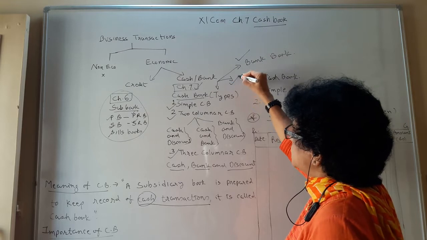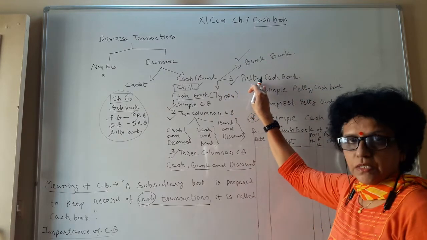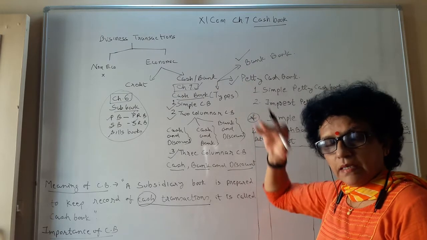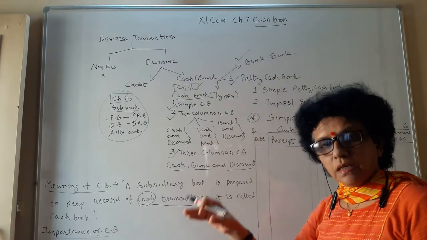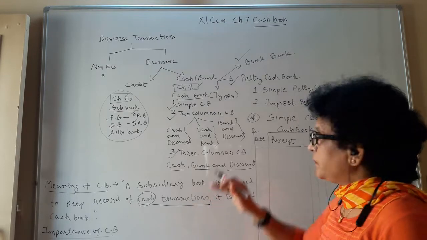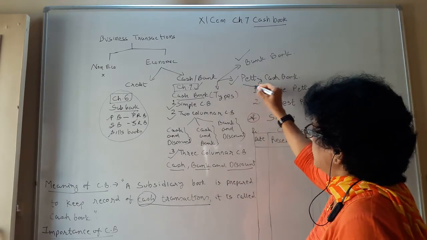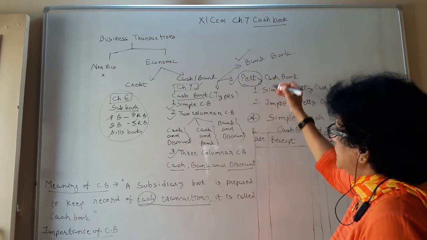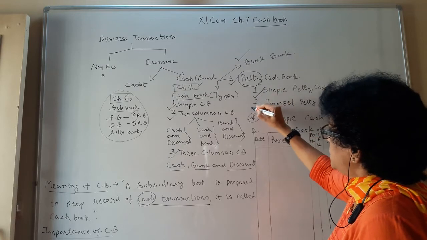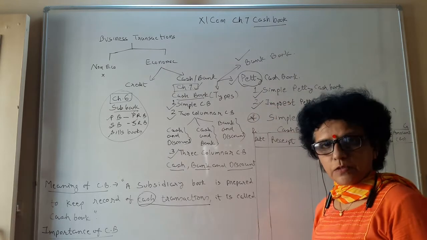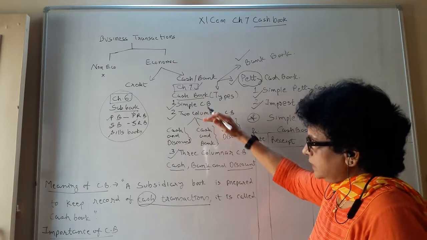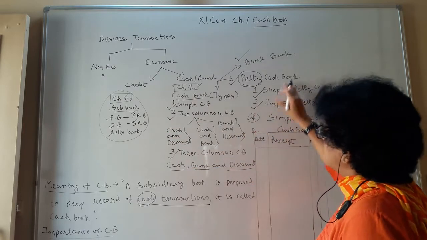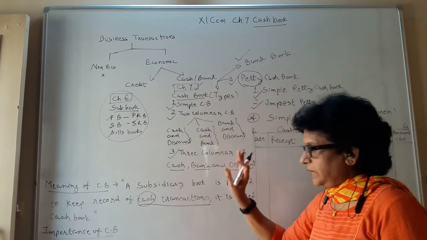And one more is for small and miscellaneous transactions. We don't want to disturb our main cashier. We give some amount to a junior clerk, a junior cashier, and he manages with the cash. That is known as a petty cash book. So what is the petty cash book? It has two types, the simple petty cash book and the imprest petty cash book. One by one, all these things we have to learn in chapter number 7. This is the web of your chapter 7.